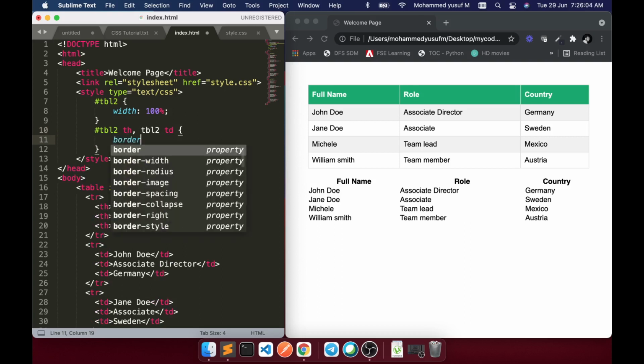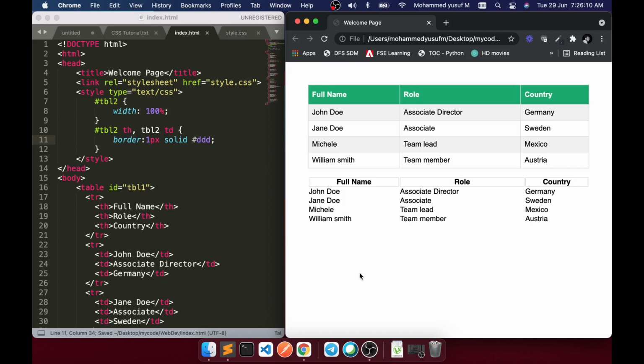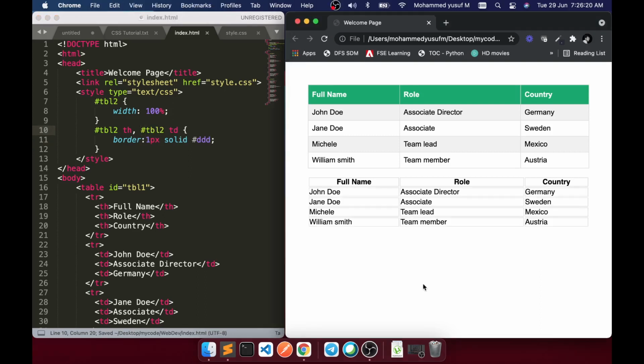Let me give a border of 1 pixel solid and so on. Why is it not coming? tbl2 td, here is the problem. Yeah, now you can see the border is applied to the individual cells. Let's learn later how we combine that.